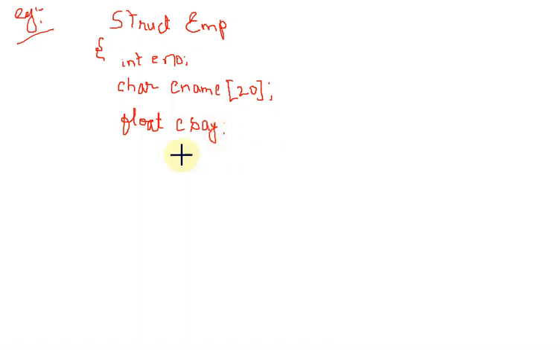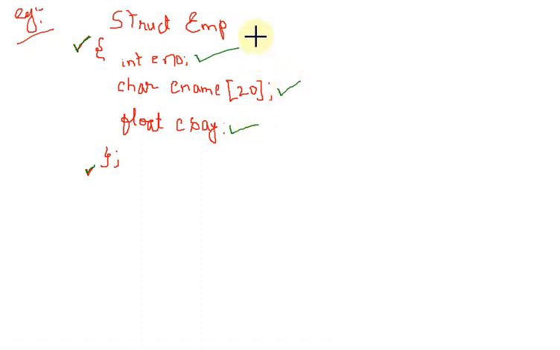What is important after that, you need to close here with the semicolon. Semicolon should be there. After that we can say what a structure is: a collection of elements of different data types. Here we can say this is a structure, this is the opening, and this is the end of our structure. On the basis of this we can say a structure is a collection of elements of different types. This is one type of element, the second type of element, and the third type of element.